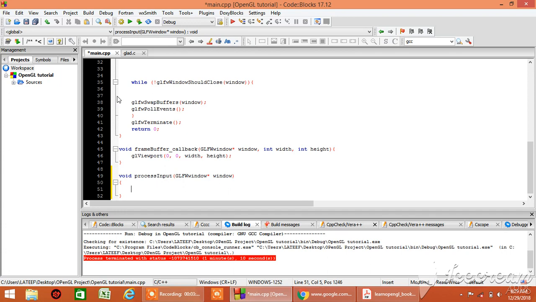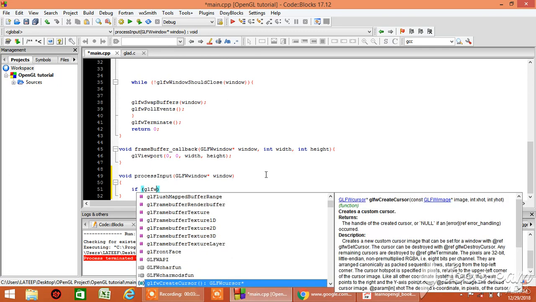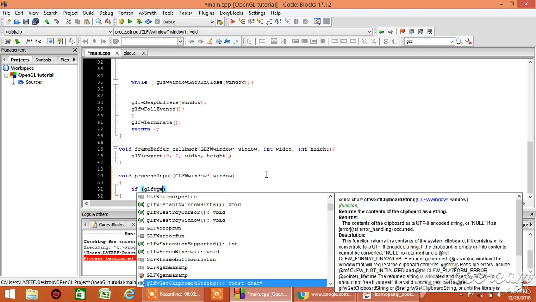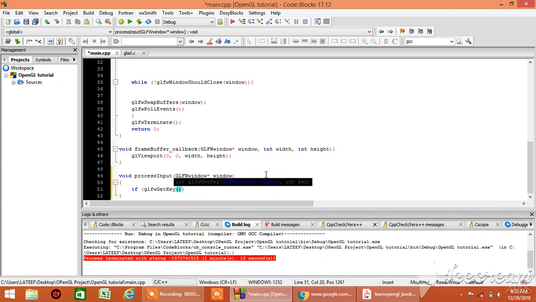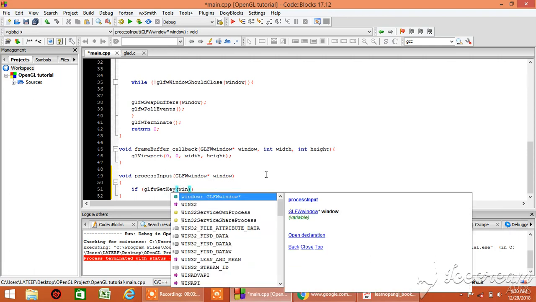So we created the process input function to have it. To check if a key is pressed, we are going to do if glfwGetKey, then the window,